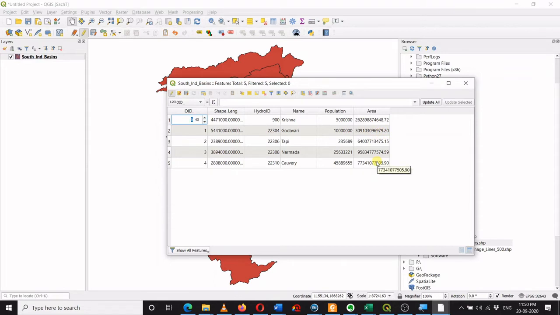Now the question is, what is the unit of this value? Is it in square kilometer, square meter, square centimeter or square millimeter? How can I find the unit? For that you need to check the metadata of the file. So let's see the metadata of this file, South India Basin.